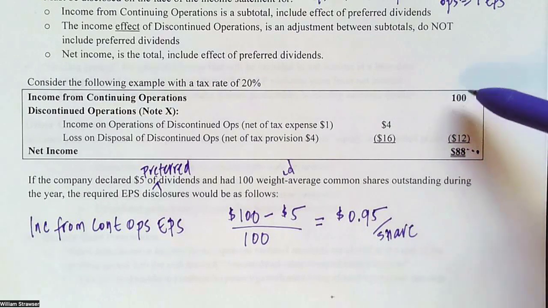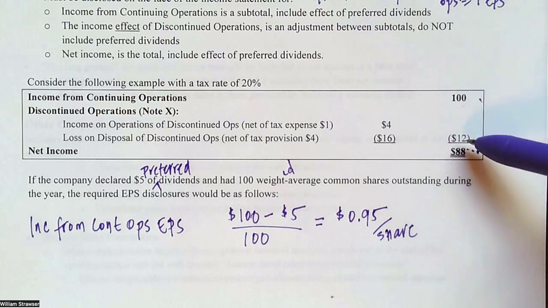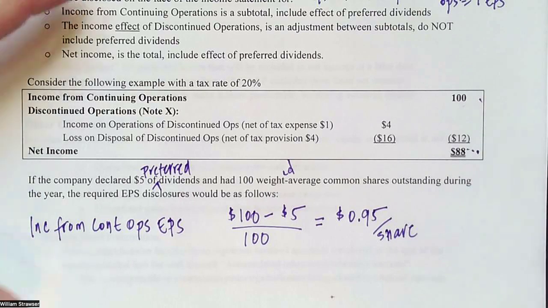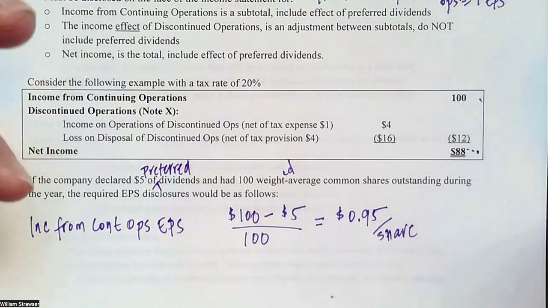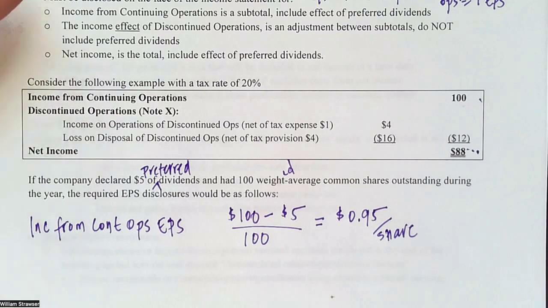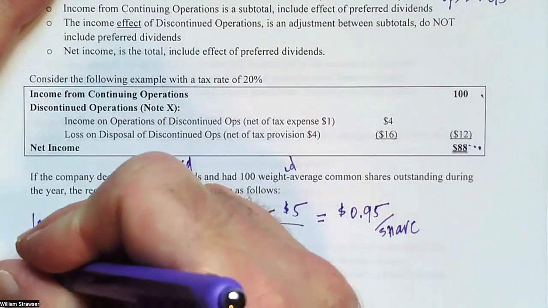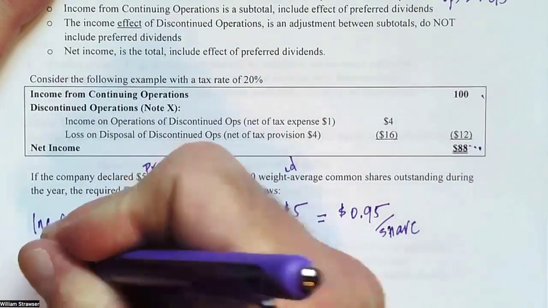This is just an adjustment from one pool of wealth, $100, to another pool of wealth, and it's either going to positively influence that or negatively influence that. But it's not something that we have to deduct. Oh, I would have gotten all this money, but now preferred holders need to be paid their dues. Because it's just an adjustment and not a subtotal, we have a discontinued